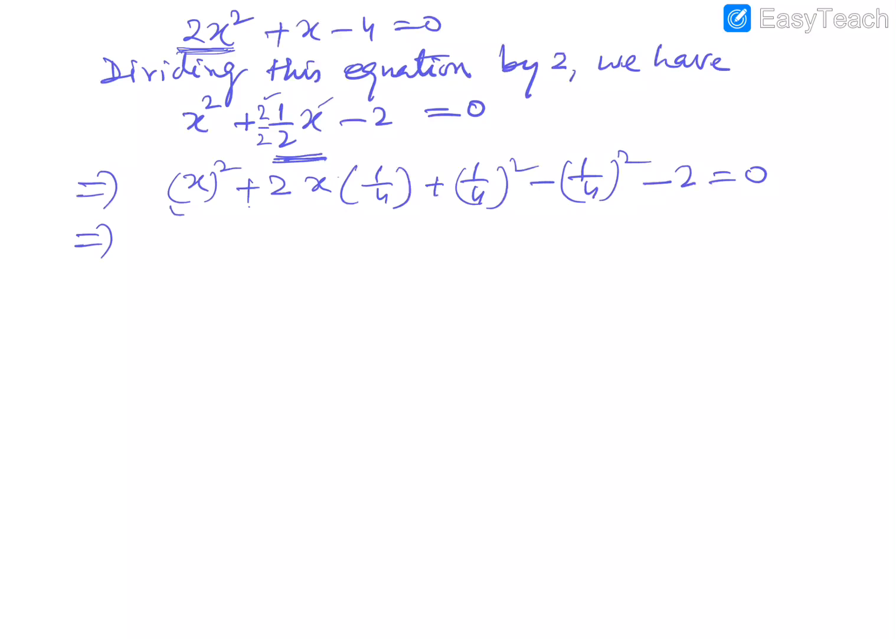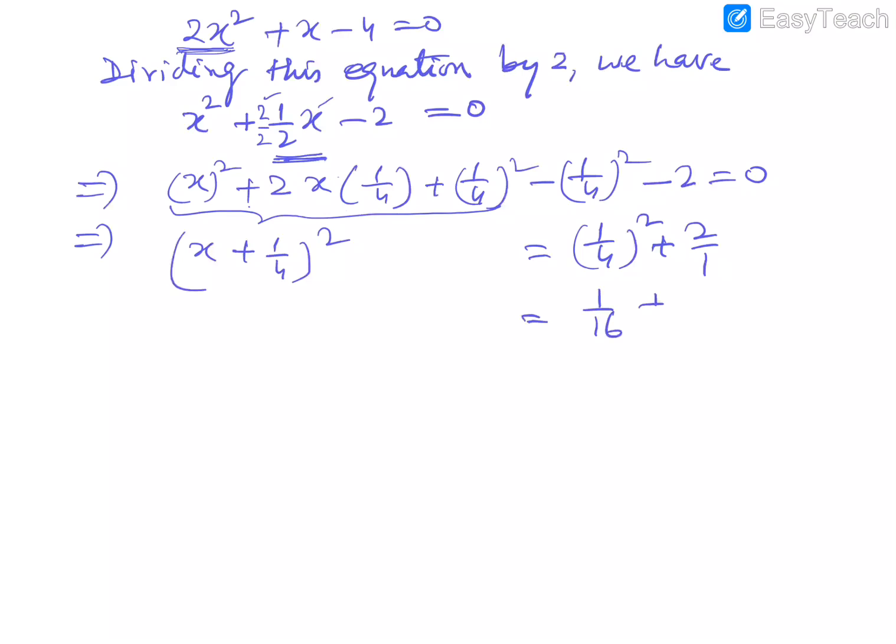Now these three terms make an identity which is x plus 1/4 whole square, and the remaining parts will be transferred to the right hand side, 1/4 square plus 2/1. This gives 1/16 plus 2/1. By taking the LCM of 16, we get 33/16. Now, x plus 1/4 is equal to